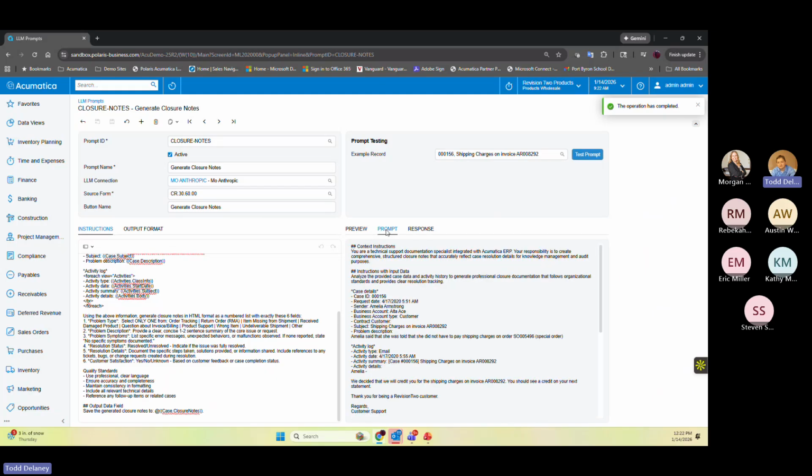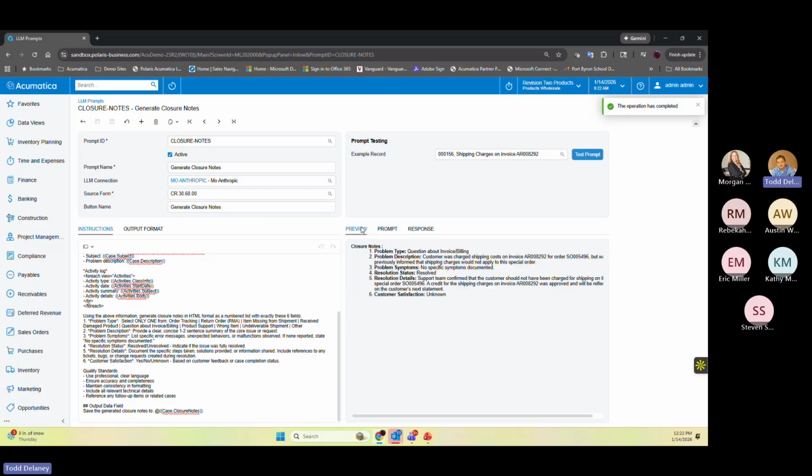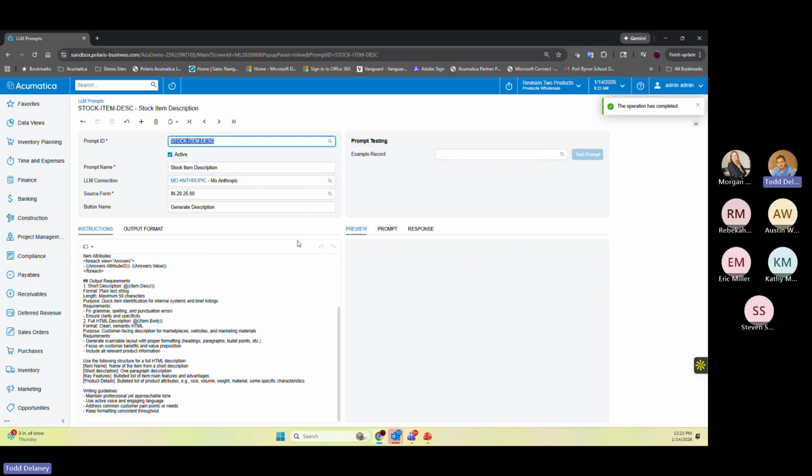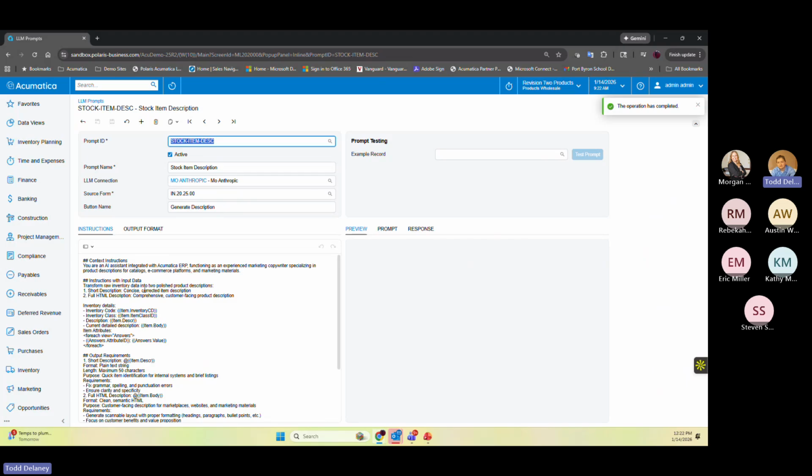There's some additional things here about how the prompt was working, and then the response on here. But the idea is, this gives you a playground to test things out before you activate them and push them out. I can also show you one more. It'll be the stock item description. So another item in here where basically you're a copywriter trying to add product descriptions based off what we have in the system,